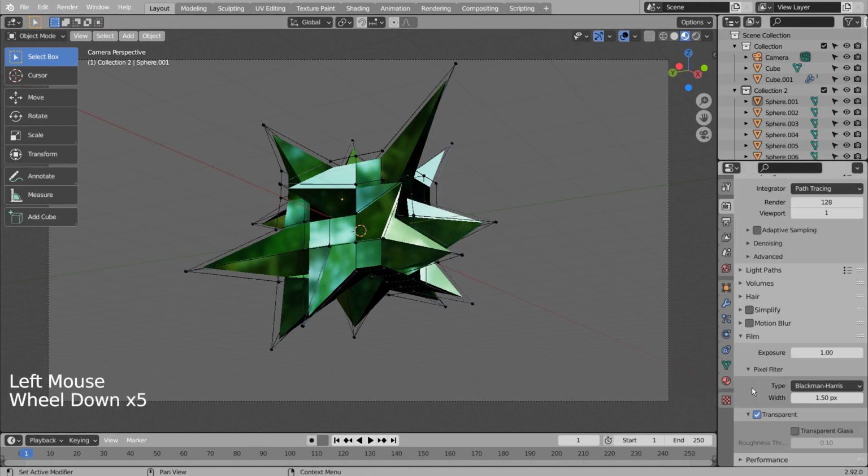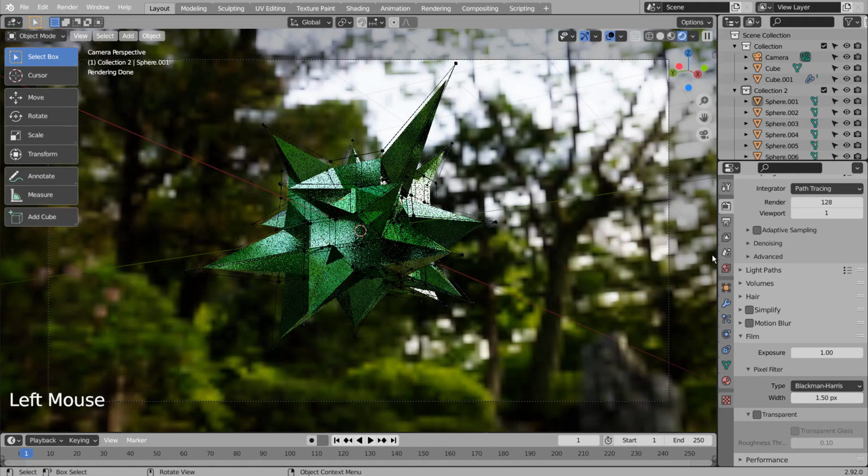I'll disable the transparency setting, so we can see the sky. I'll use the sky texture.